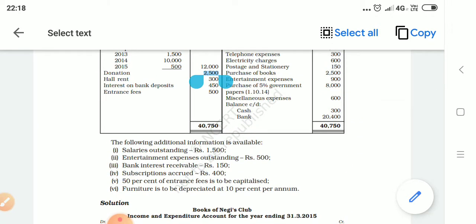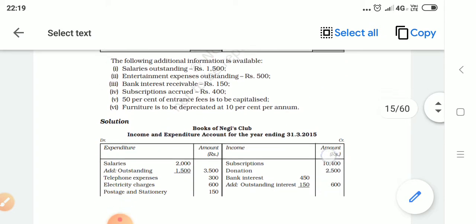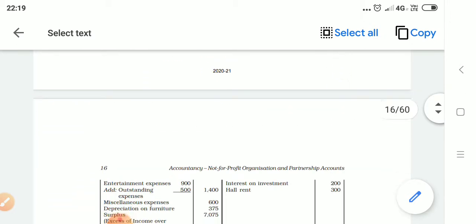Next, hall rent. If the not-for-profit organization has a hall and has rented out the hall for some birthday parties or occasions. You have this Andhra Mahila Sabha in Adyar. You also have Hotel Raj Palace, and there they rent the hall for birthday parties and wedding receptions and all. So it is a not-for-profit organization and they get rent from the hall. That is the hall rent. This hall rent is a recurring revenue receipt. So it will appear in the receipt side, income side of income and expenditure account.